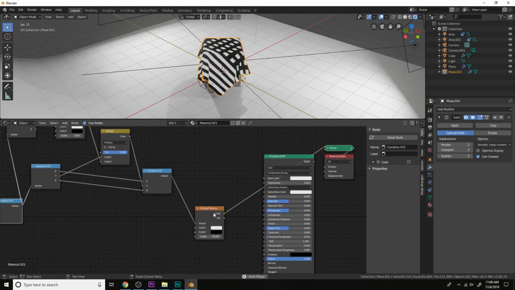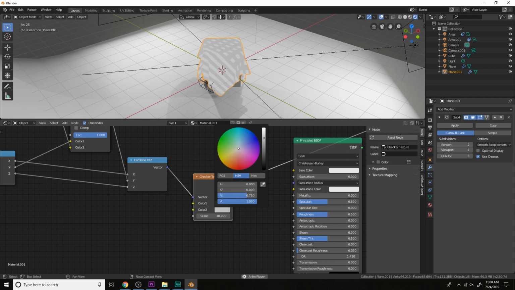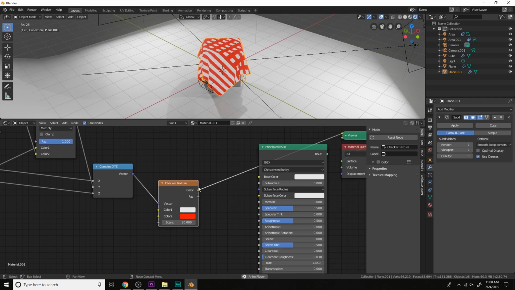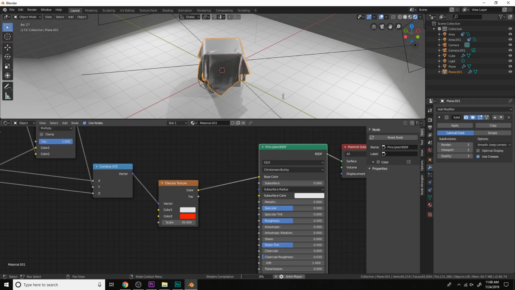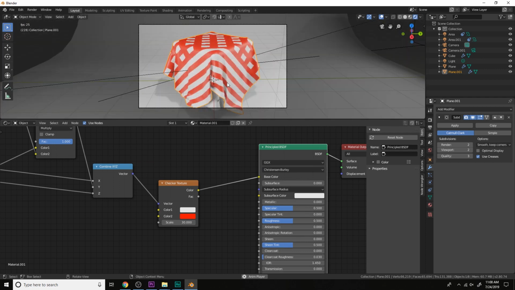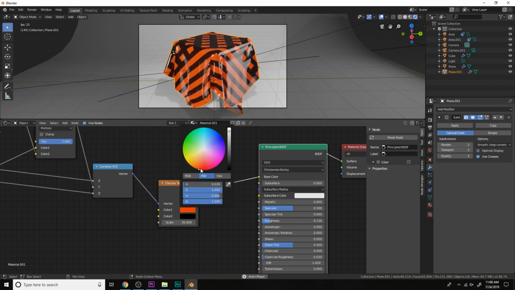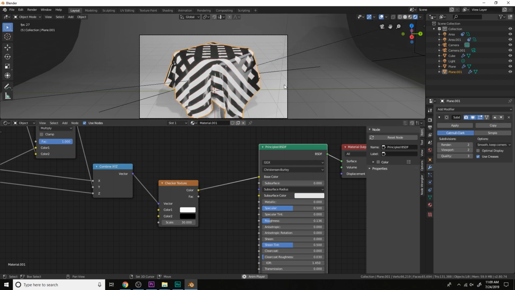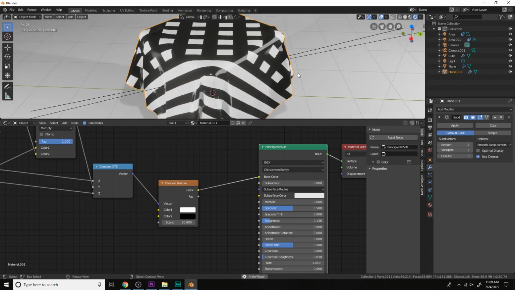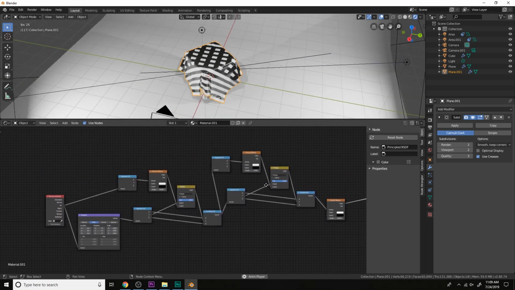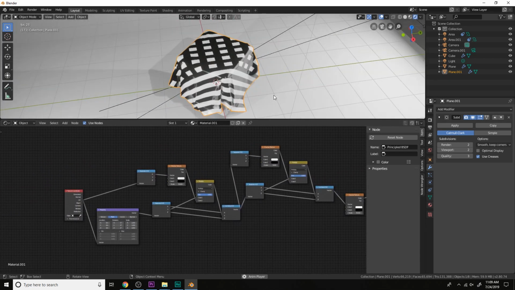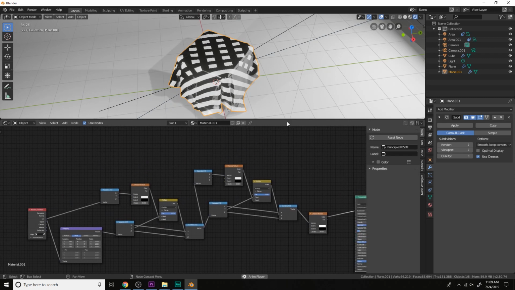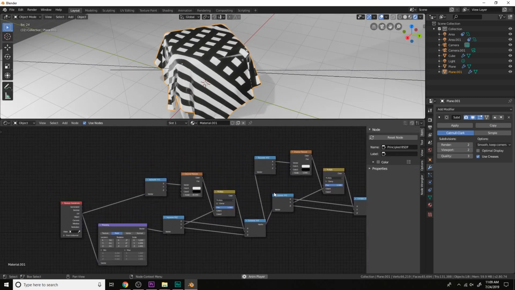Let's color this red. Plug this into the base color here. It's very interesting. Let's do black and red. Or white. Yeah, so guys, this is a very interesting setup where we can use it to create all kinds of patterns just by